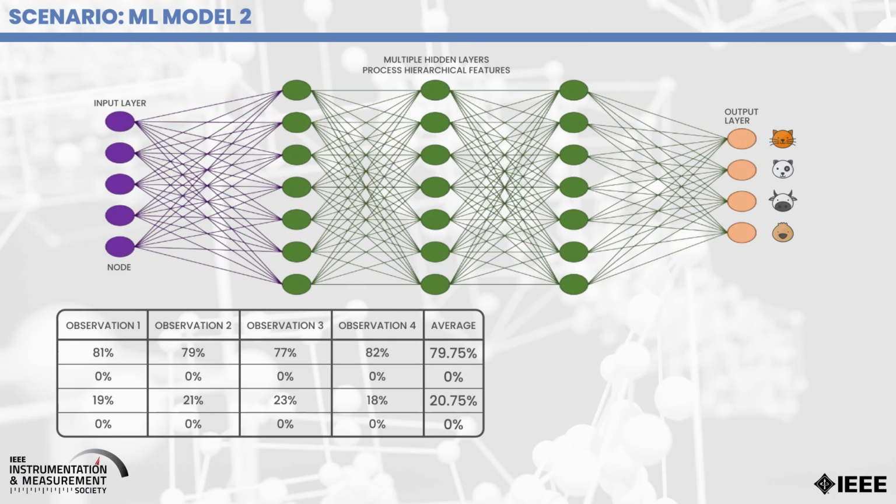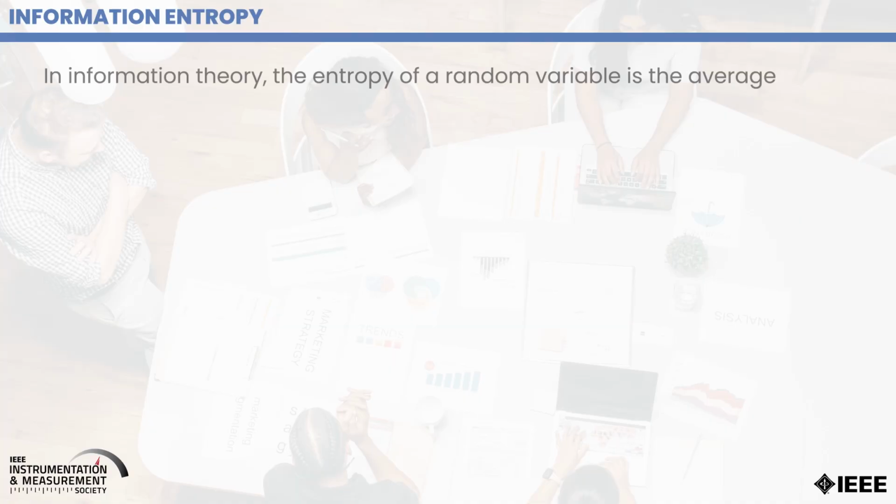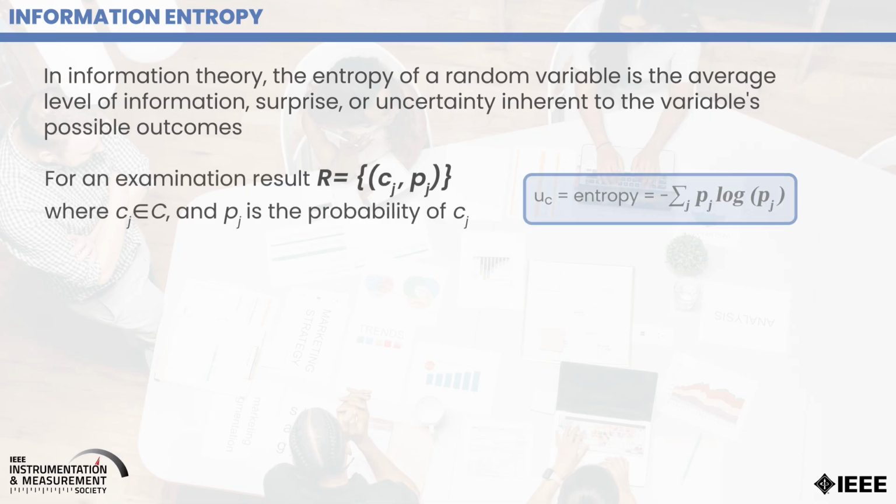Model 2 uses a different neural network and also does the same thing. So it has multiple observations. But model 2 has eliminated dog and duck, as you can see here. And again, the winner here is also cat, 79.75% cat. So let's use information entropy to quantify the uncertainty of these models. Here, uncertainty simply is the entropy, which is essentially you take the probability of each class, you multiply it by the log of that probability, and you add up over all classes, and finally multiply by -1.